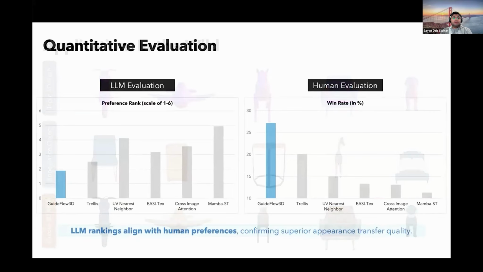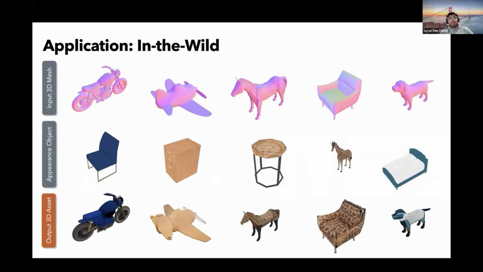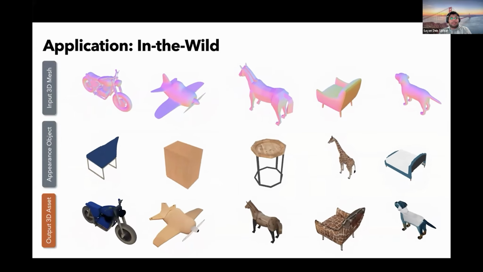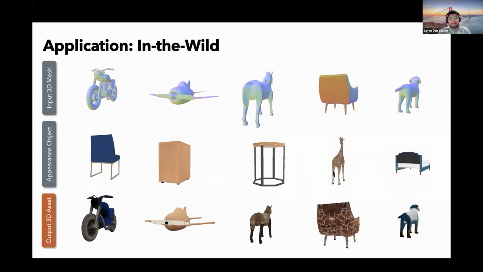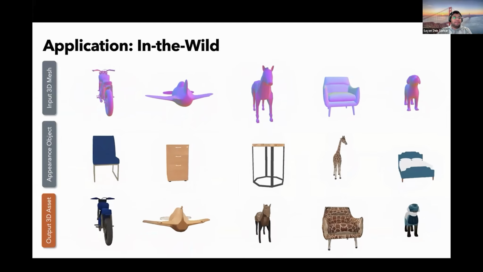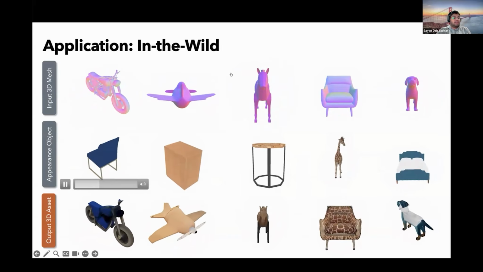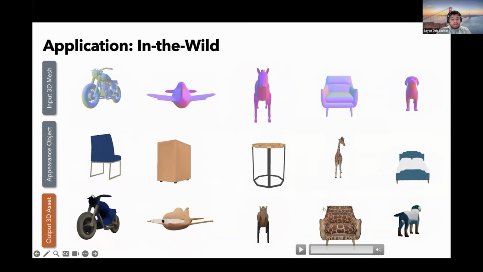Right. So now I have talked about quantitative evaluation. I have shown you results. For the last few minutes of my talk, let's look at some of the applications of this approach. One application that was pretty cool, one of the coolest results that I saw, is: can we do in-the-wild appearance transfer? Can we have this bike in the texture of the chair? Can we have this